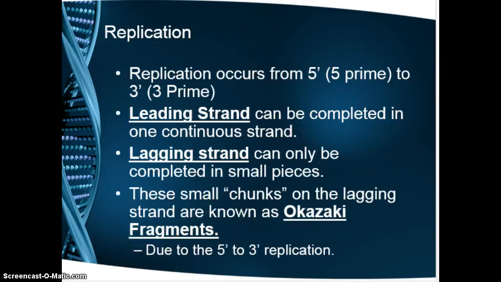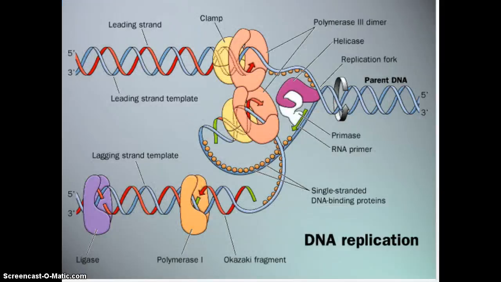So the lagging strand can only be completed in smaller pieces. And what happens is that we have these small chunks on the lagging strand known as Okazaki fragments. And they're basically there because this replication can't occur between the 5' and the 3'. All right, now that I've probably thoroughly confused many of you, let's take another quick look at this idea of